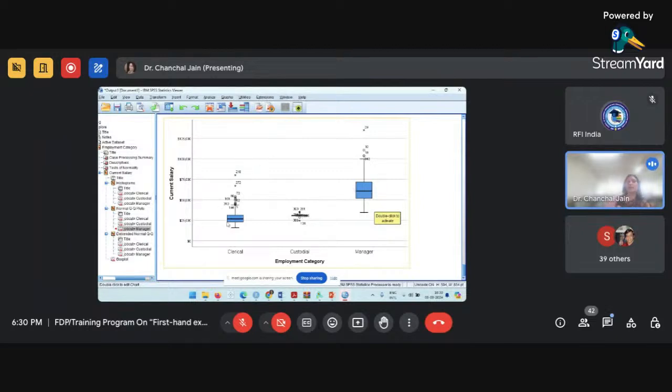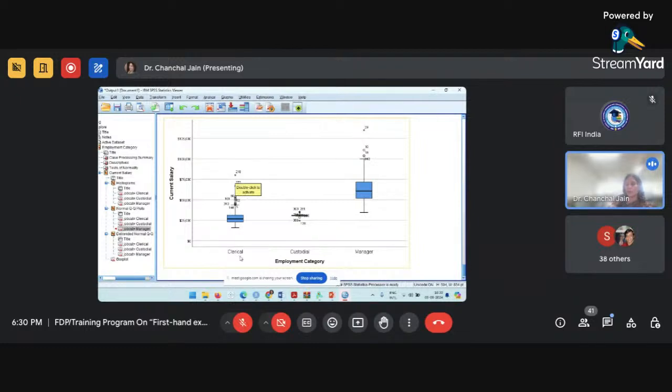That means there is some problem with the outliers also, or the outliers are present in all the 3 categories. So there are certain employees in all the 3 categories who are drawing more, because you can find all the asterisks are coming at the upper whisker side. You can see here the scale, the y-axis. That means in all the categories, there are a few employees who are drawing more in their particular category. So it might be possible that is why these are impacting, because if the salary is higher for 1 or 2 employees, or maybe more than 1 or 2 employees,